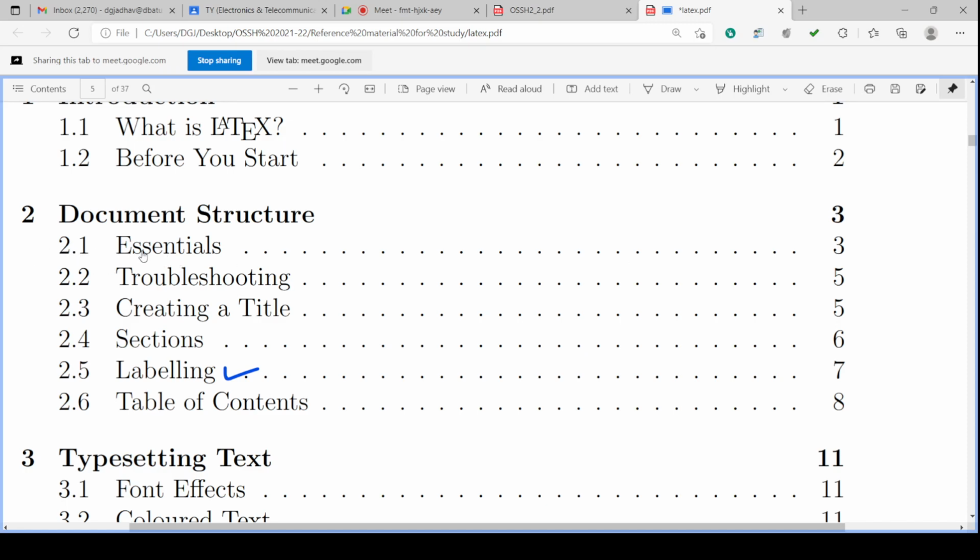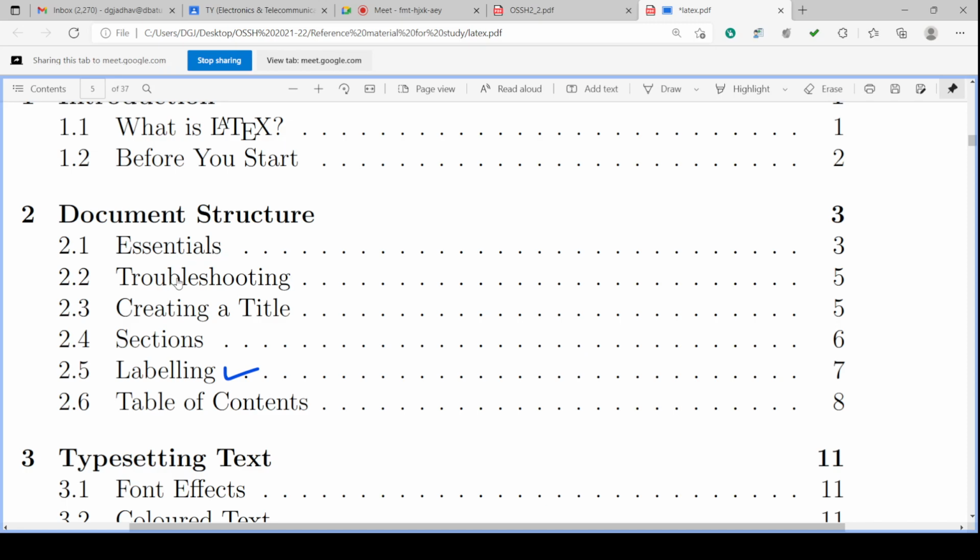Similarly, 2.1 essentials is also a link, because instead of an arrow, look at this mouse pointer; it is becoming the hand. Hand pointer. It is nothing but a hyperlink. If you click here, it will go to essentials.